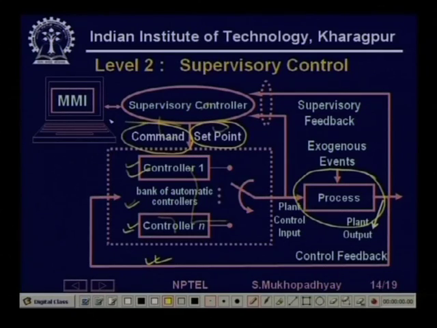For example, suppose there is some accident, or there is some malfunction in the equipment. Immediately you have to do emergency shutdown. So the supervisory controller must understand that there is a malfunction. How does it understand? Because it also gets the process inputs and outputs. So based on these process inputs and outputs, it does a lot of calculation to always check whether the system is working nicely. If it finds some problem, immediately it will give various commands to ensure which controller to use when. So a supervisory controller actually manages a number of automatic controllers, right. So having said that,